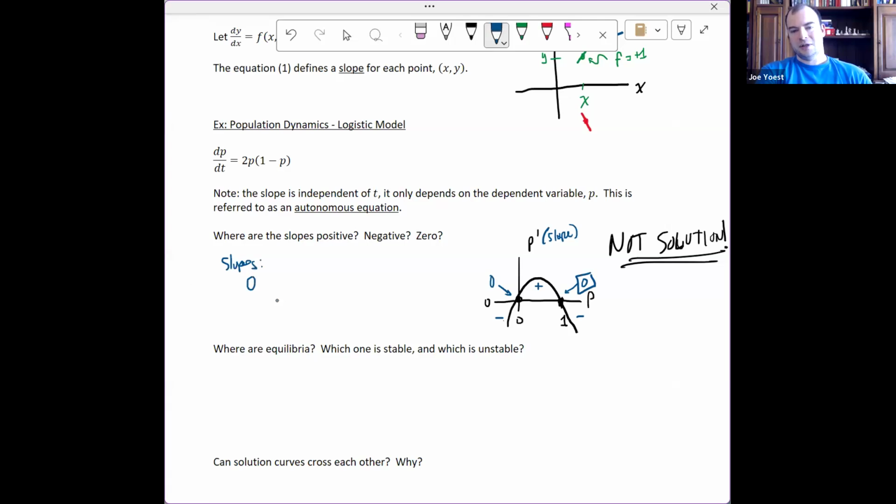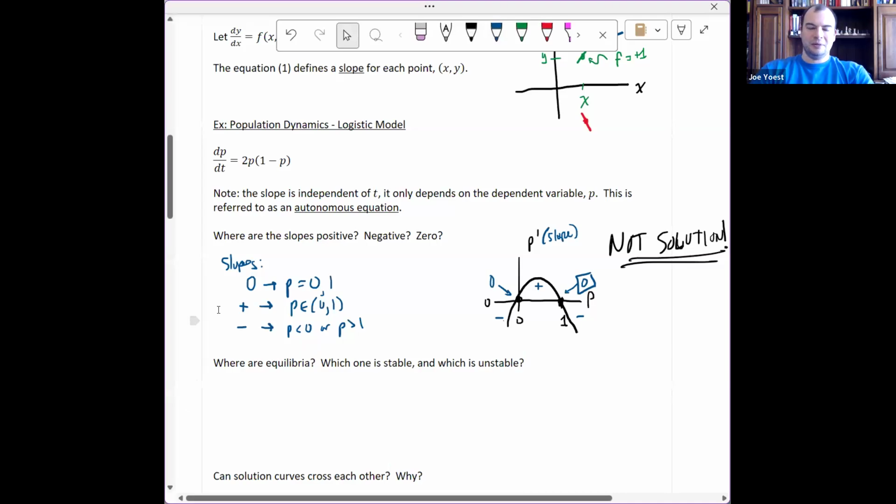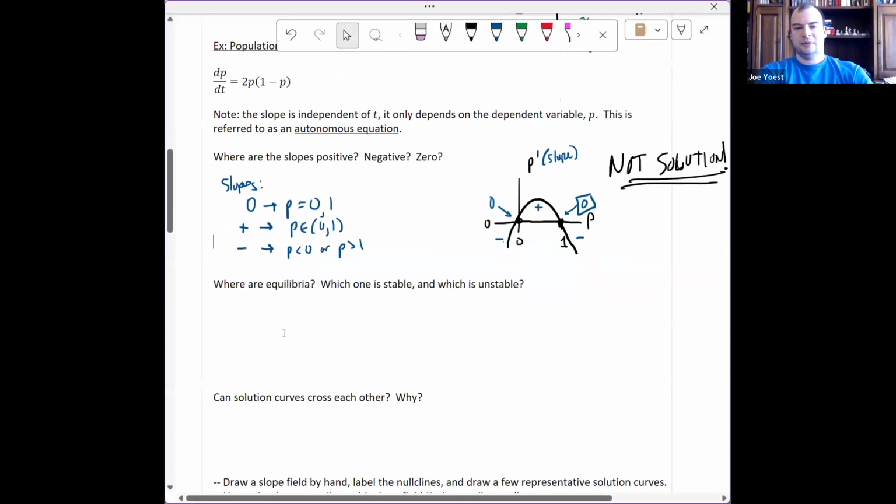So my slopes are 0 when P is 1, positive when P is between 0 and 1, and negative essentially otherwise: P less than 0 or P bigger than 1. So where are the equilibria? Well, if I'm at P equals 0,